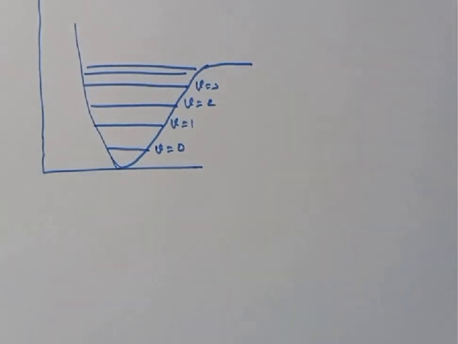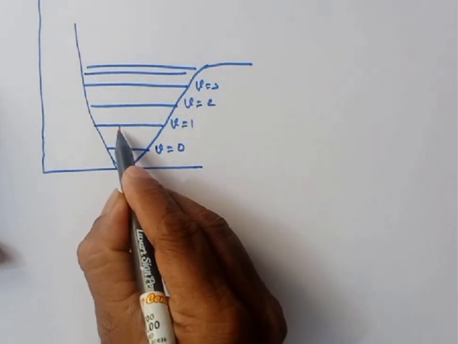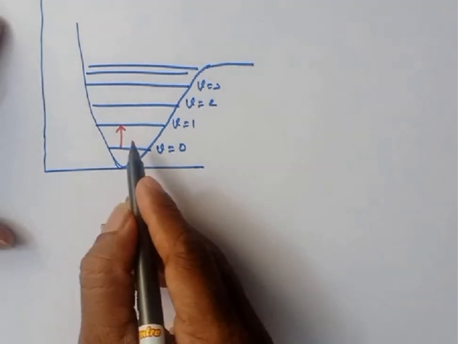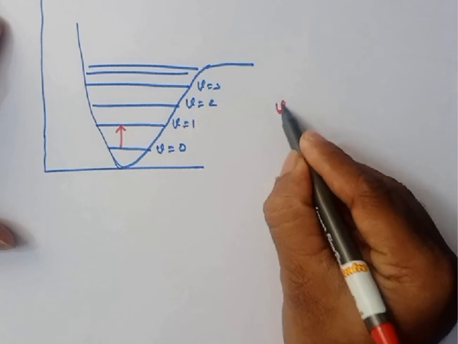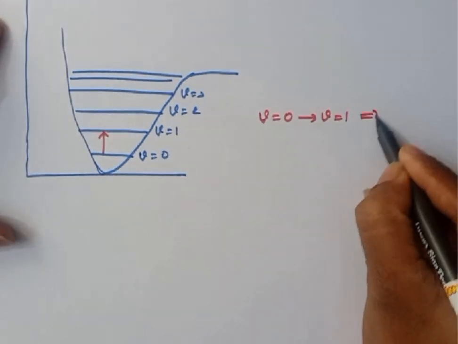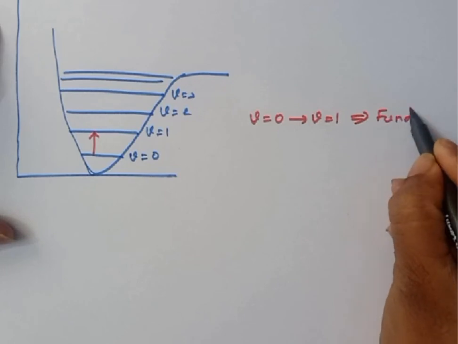Observe this carefully. 0 to 1 transition. Is this transition allowed? Yes, and the V equal to 0 to V equal to 1 transition